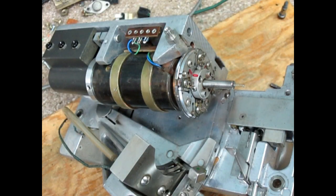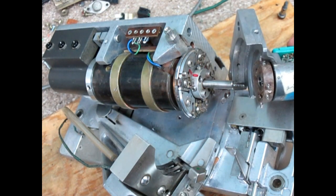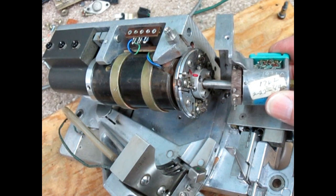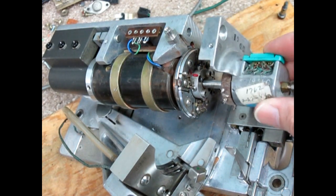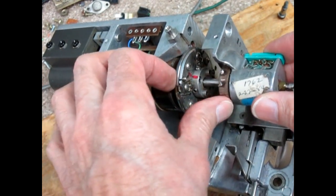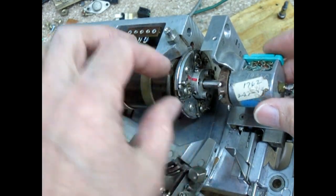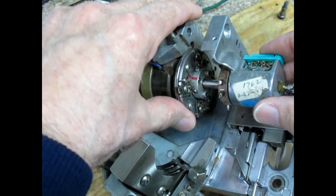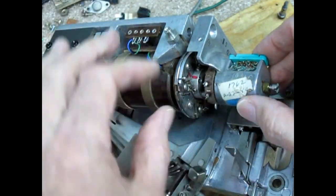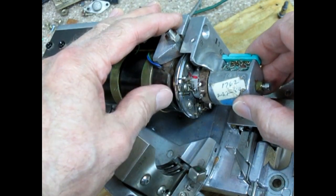Going to just reverse the process and being very careful. Now we'll get our number 1 lined up here with our number 1 tip. And the reason that is important is that you have this aligned before you